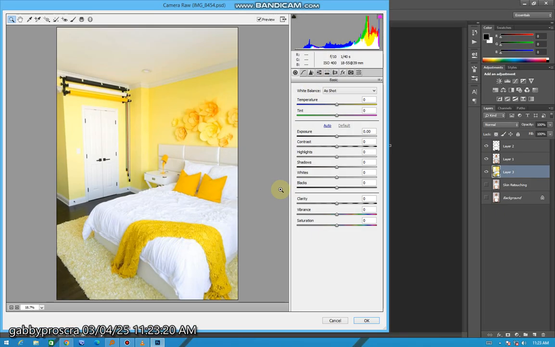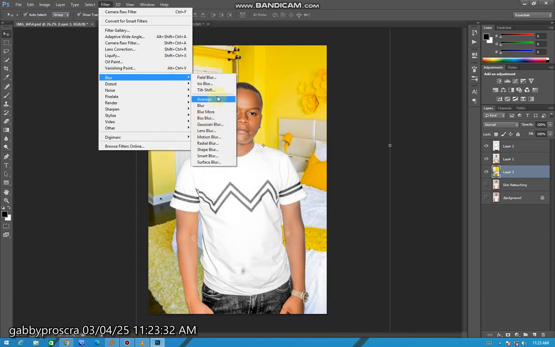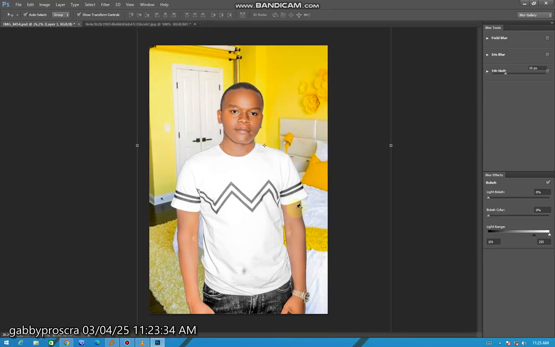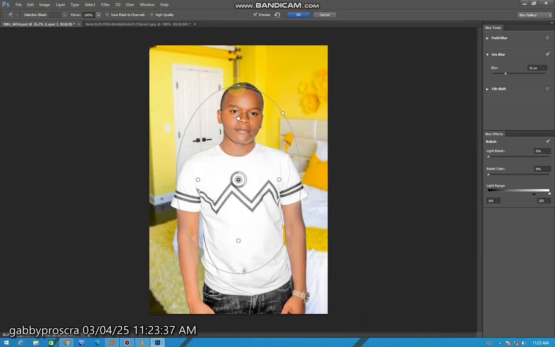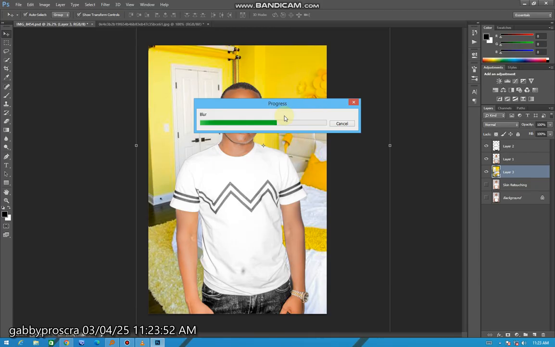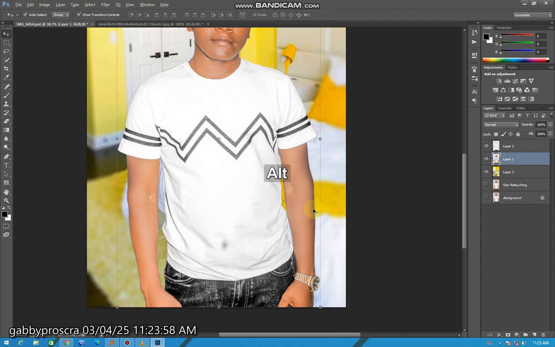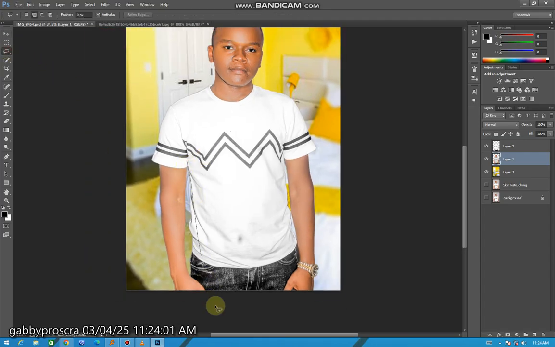If you feel it's still not matching with the color of the person, play with it a bit also, reduce the highlights. Add some blur using Iris Blur, so we can blur and we'll be able to see it looking nicer. In case you're seeing the eyes are browner than the hands, then select the hands